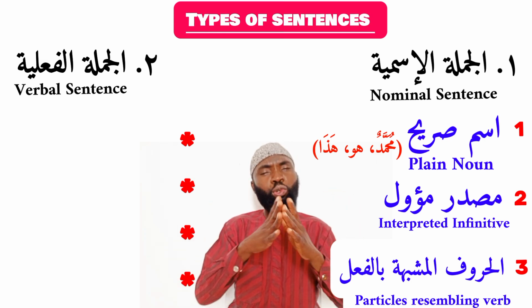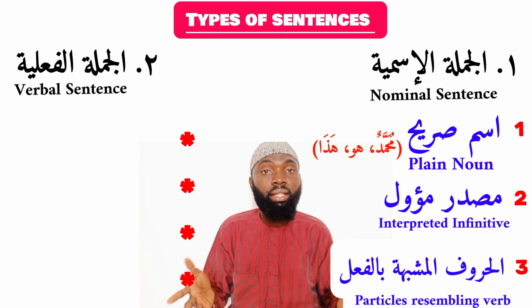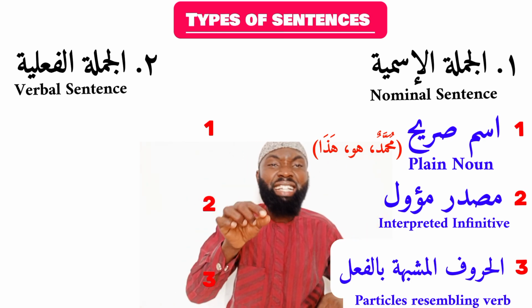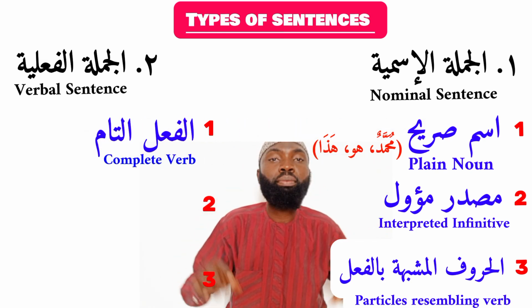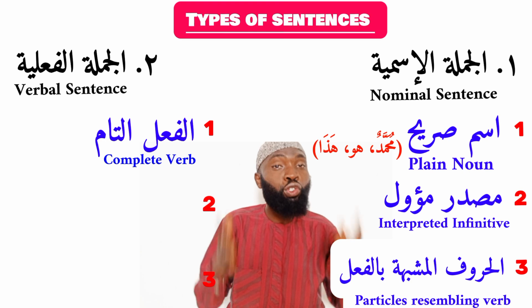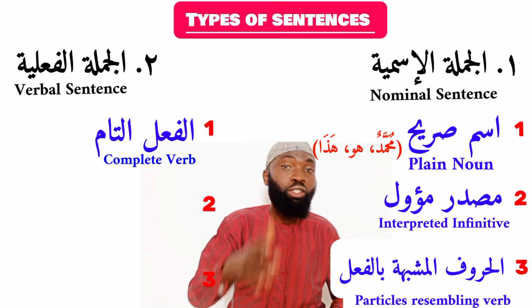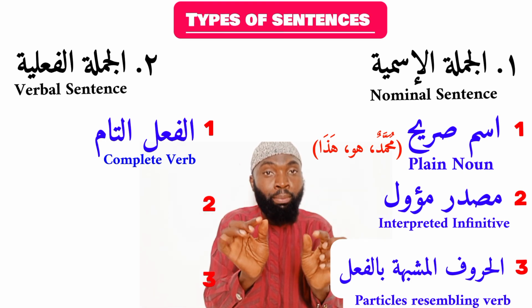In this topic, we are also going to be discussing the types of verbal sentence that we have. Among these is that the verbal sentence could come with a verb which we name as al-fi'lu tam, a complete verb. And it could also be with an incomplete verb. An example of a complete verb, before then, what is a complete verb? A complete verb is a verb